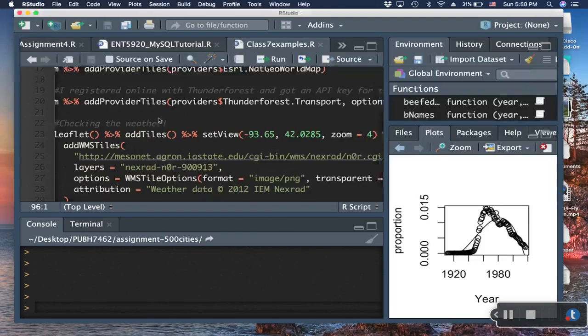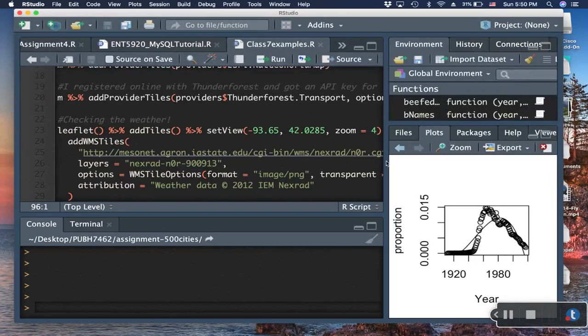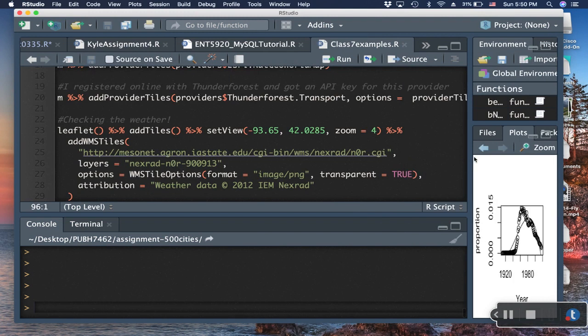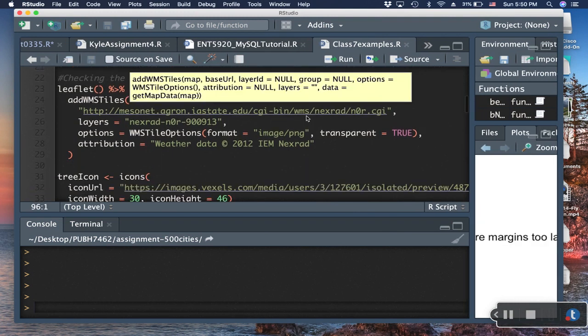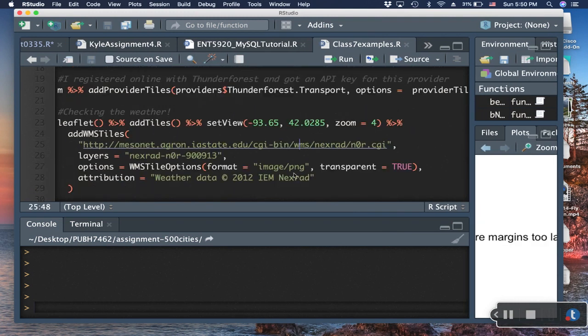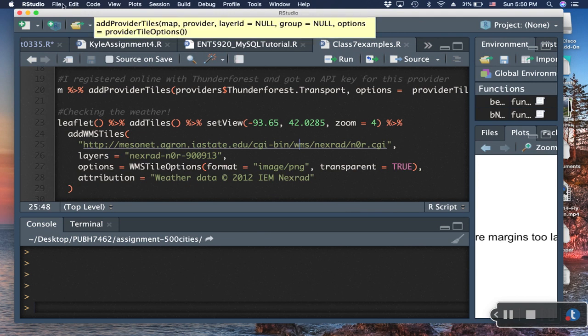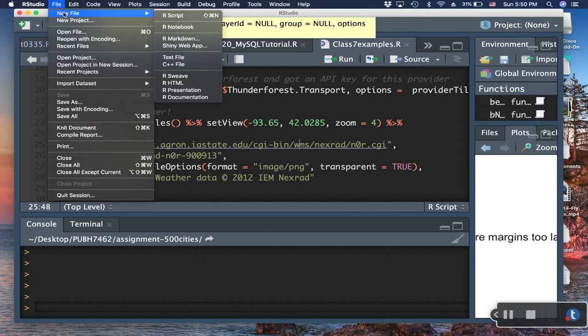And I'll also show you a few, just some examples here. So here's our Class 7 examples where we were working with Leaflet and stuff like that. And if I wanted to make a Shiny application and put my R script in it, I would just go to